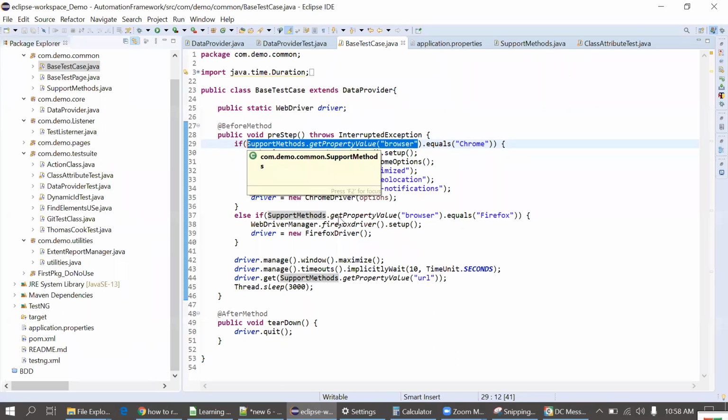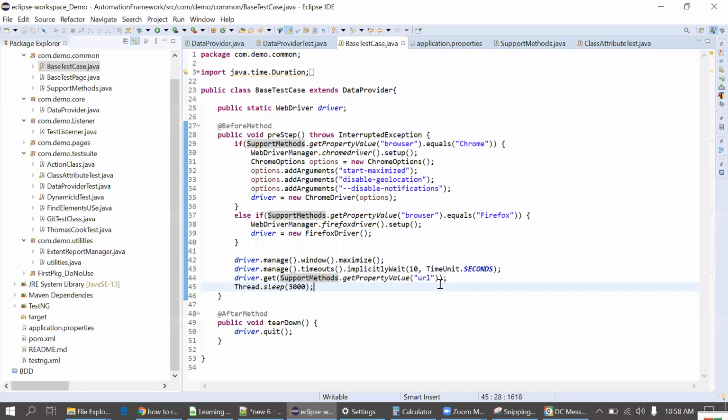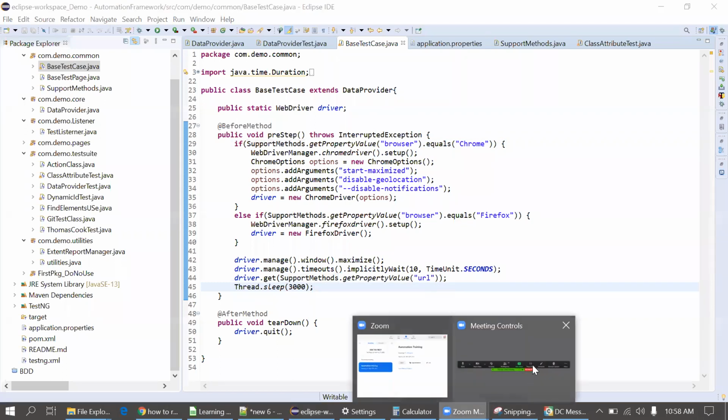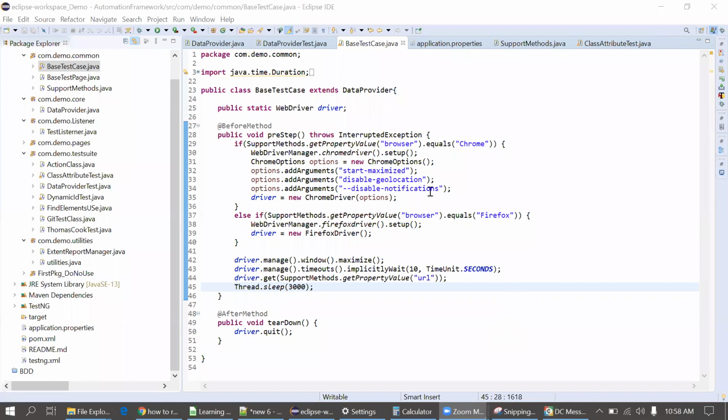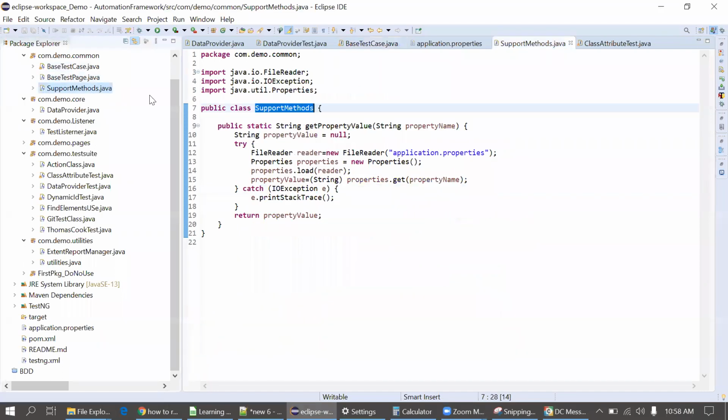Yeah, Shubham, go ahead. Please go to the support method under the common package. Now, you can see property value equals string of properties dot get property, right?